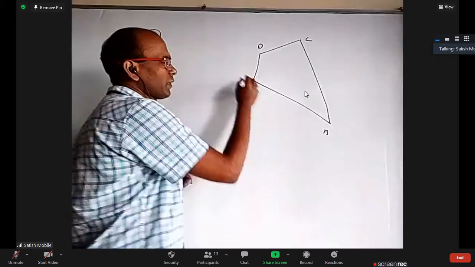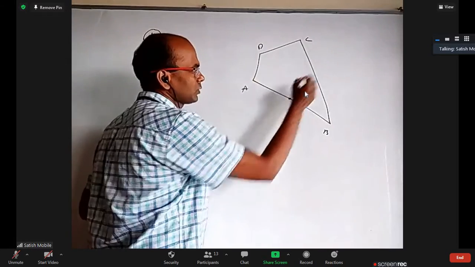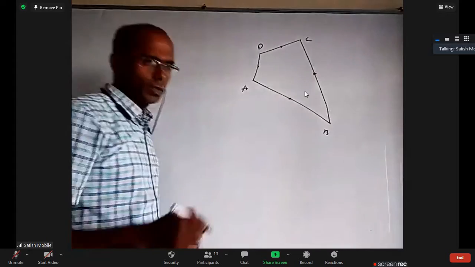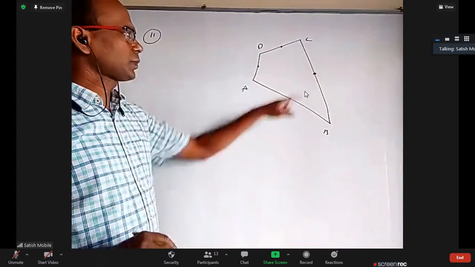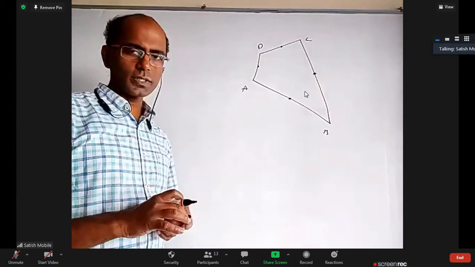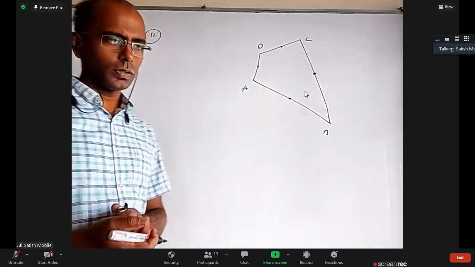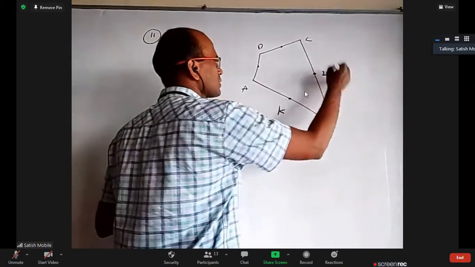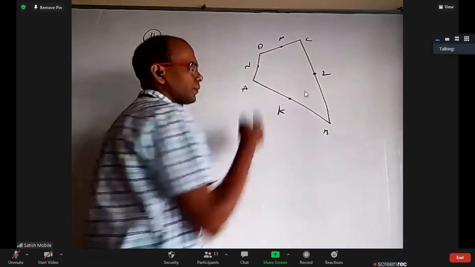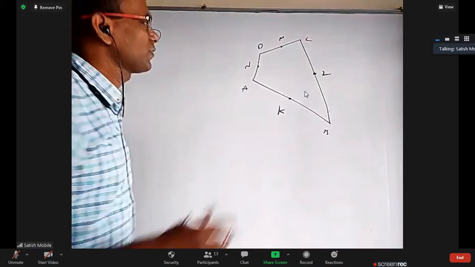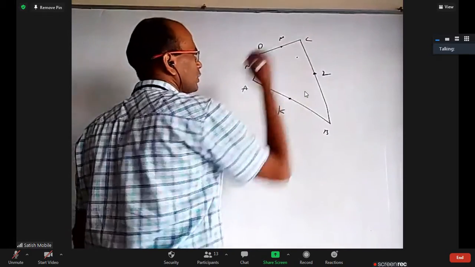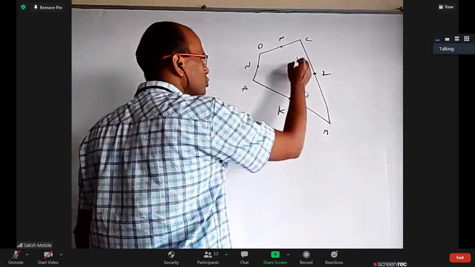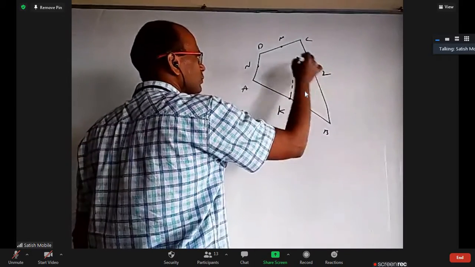Now if I take the midpoint of this side, and this side, and this side, and this side of the quadrilateral, we all know that when you take the midpoints of the 4 sides of any quadrilateral and join them, we get a parallelogram. We may not necessarily use it in this question. This is K, this is L, this is M, this is N. You take point P anywhere you want, and join it to these 4 midpoints.